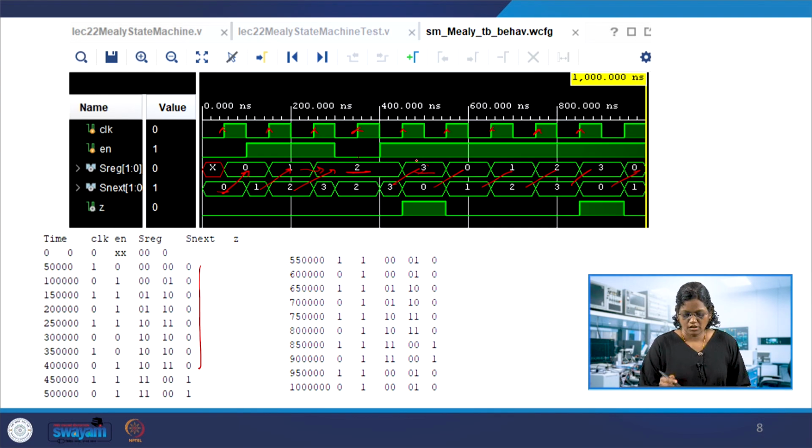Whenever it moves to 1 1, immediately because of the enable 1, the output y equals, if you recall the output equation, enable into Q0 star and Q1 star. That becomes 1, so the output becomes 1 immediately, till the next state of 0 0. Okay, so this is the output which we get at the state D.